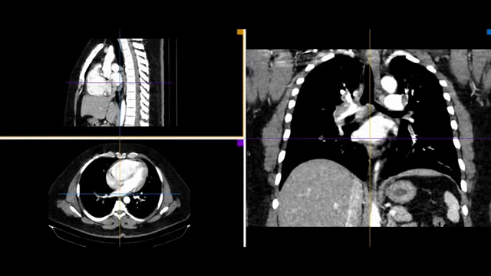This was a 42 years old gentleman who presented to us with acute dyspnea and chest pain. His D-dimer levels were raised. Acute deep vein thrombosis was seen on lower limb Doppler studies. Chest X-ray was unremarkable. We did a CT pulmonary angiography and we'll see the findings.